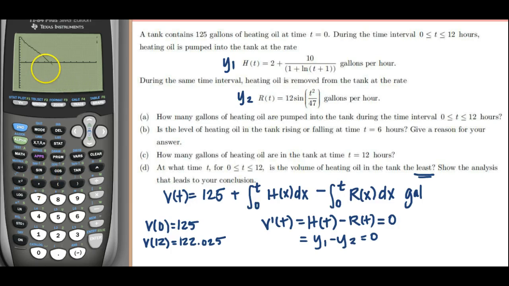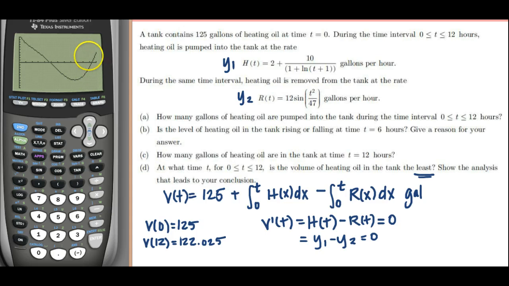So this function that's being graphed can be thought of as v prime of t. Now remember, we're trying to find the least amount. So we're trying to find a minimum. So on this graph, this is a derivative. If the derivative changes from positive to negative, the original function goes from increasing to decreasing. That's a maximum. So in other words, I do not care about this critical point right here. I do, however, care about this one because the derivative that is graphed is changing from negative to positive,